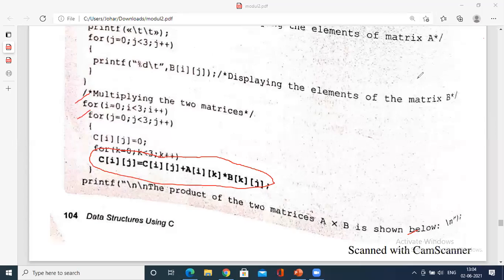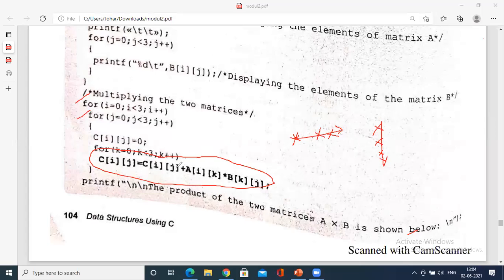How many times? Because what happens, row multiplied by the column, so it goes horizontally. So if there are 3 elements, it multiplies 3 times. This element is multiplied with this. Next you have to multiply this element with this. Then you have to multiply this element with this. How many times you do the multiplication? 3 times with the addition.